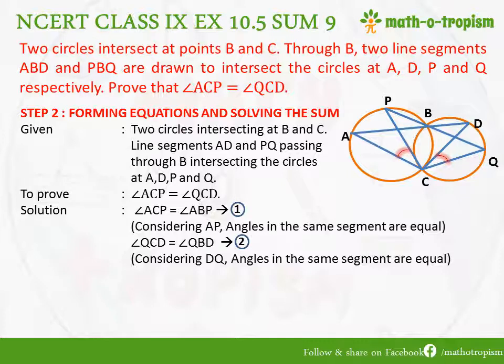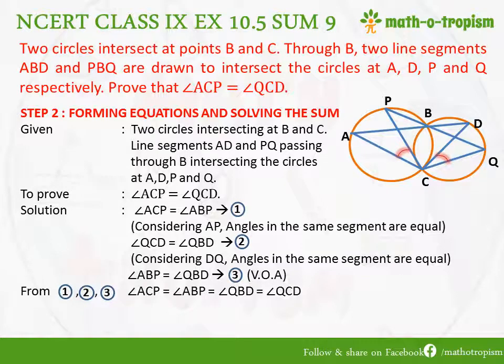When we see angle ABP, it will be equal to angle QBD because both are vertically opposite angles. So from 1, 2 and 3, angle ACP is equal to angle ABP from the first equation, which is equal to angle QBD from the third equation, and which is ultimately equal to angle QCD from the second equation. As a result, angle ACP is equal to angle QCD. Thus